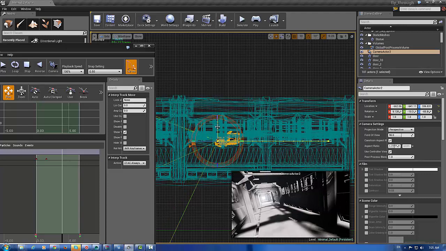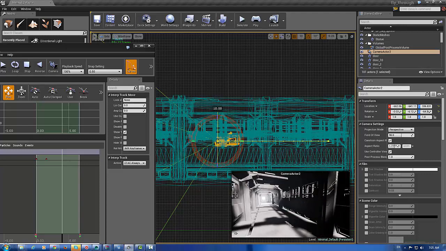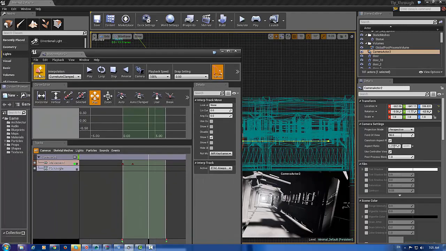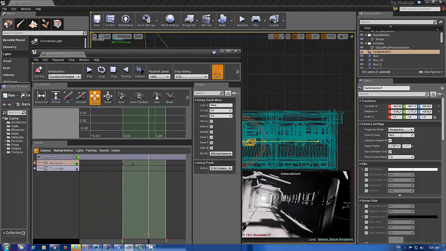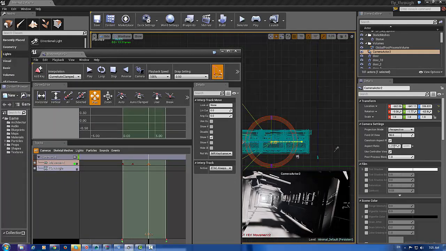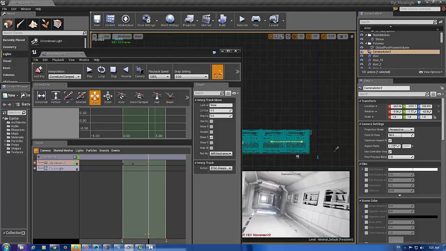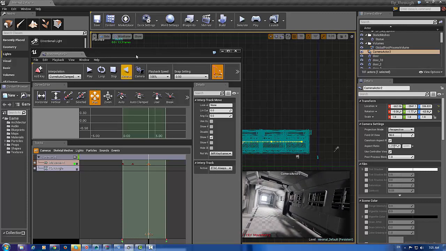So adjust things, and going to add that key, zoom out, move things along,